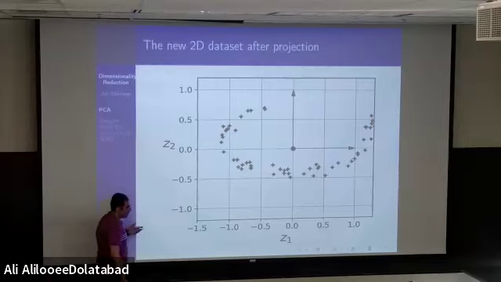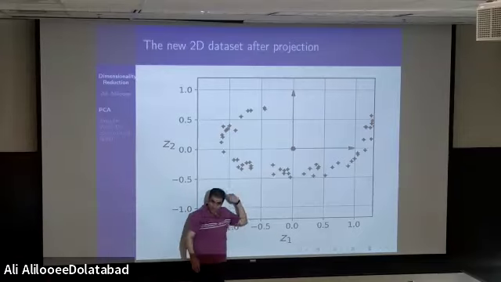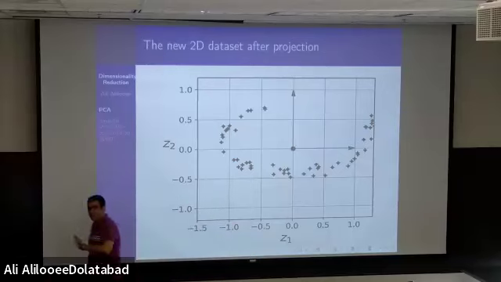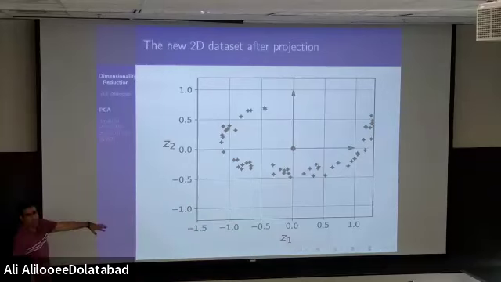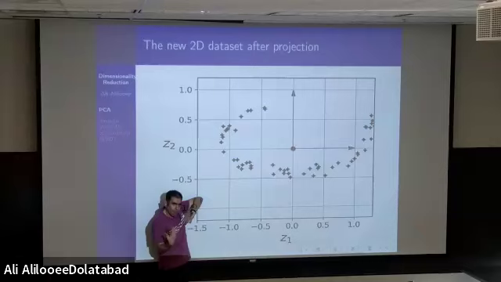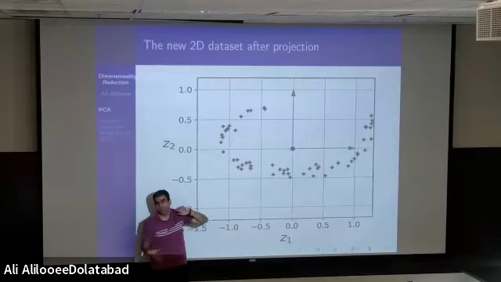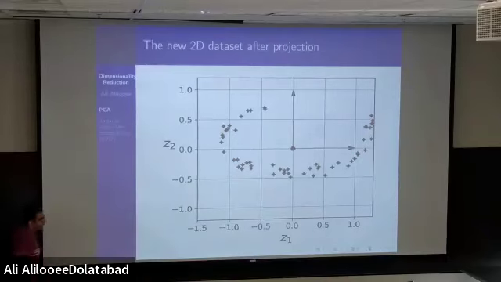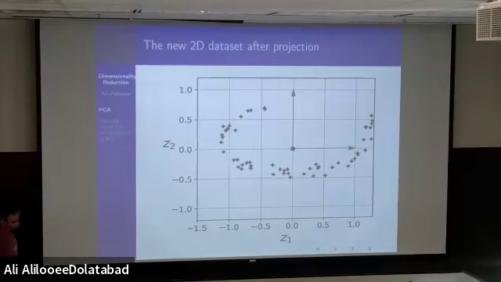There are lots of questions here. Someone can say how you got Z1, how you got Z2. Yes, lots of questions here. There's math behind how Z1 and Z2 can be found, but forget about those. The only thing that we need to understand is that by using some math techniques, Z1 and Z2 can be found, then you will get a 2-dimensional plane, then you project everything on the 2-dimensional plane.